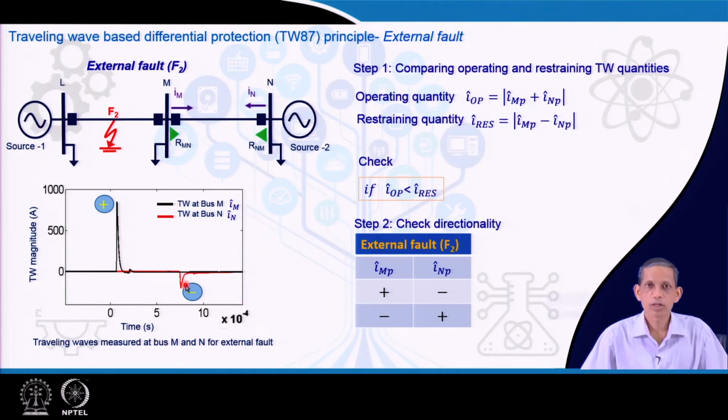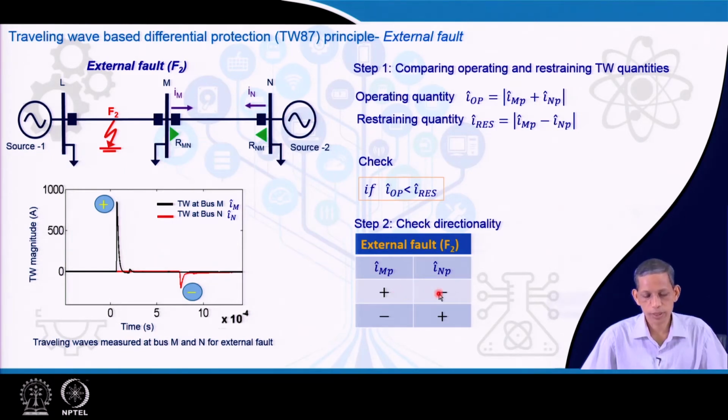So, they will not be of the same sign; they will be of opposite sign, and this you can say is plus minus or minus plus for M and N, and the other way. So, what you see here is that for this fault, if this current wave, let us say positive, propagates this way, for this case it will be along this one. So, if this is positive, for this one it will be against this one as per the conventional direction. Therefore, this will be negative.